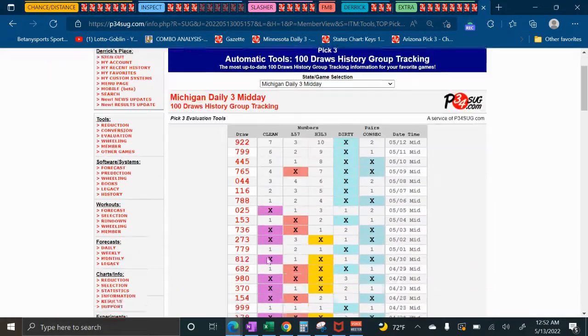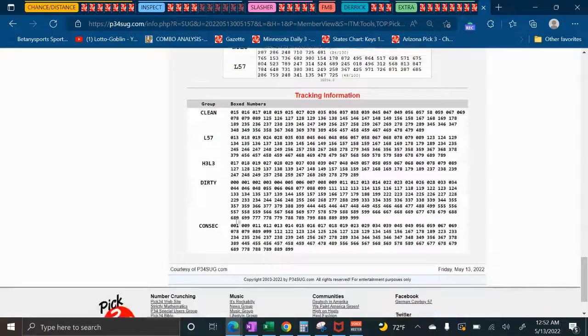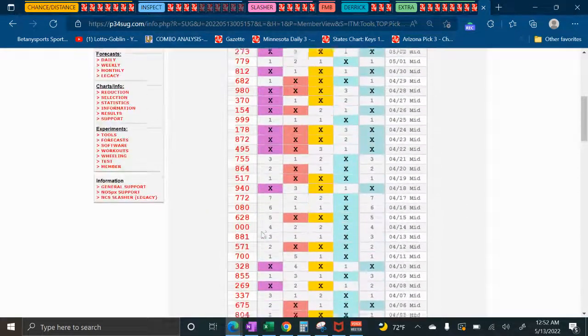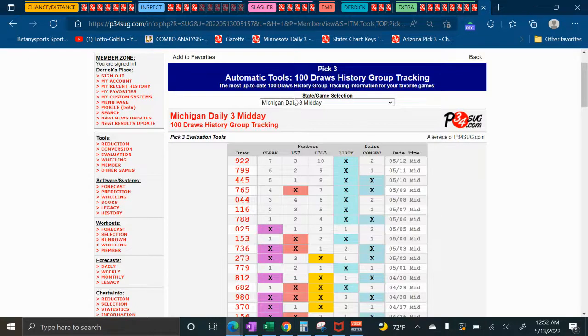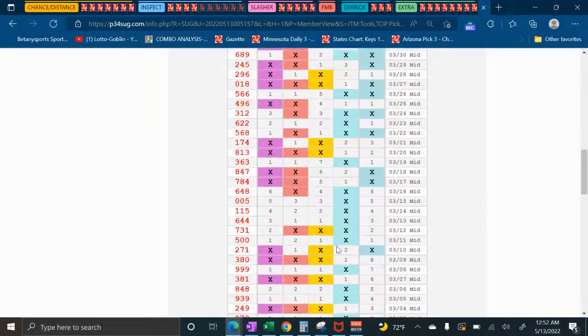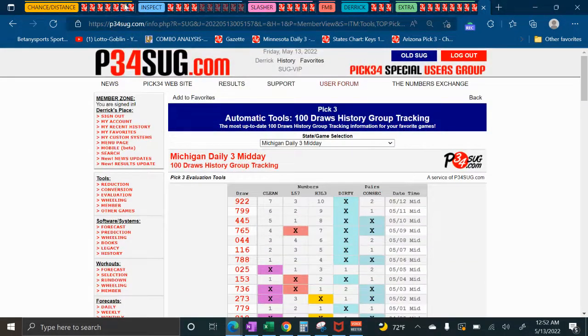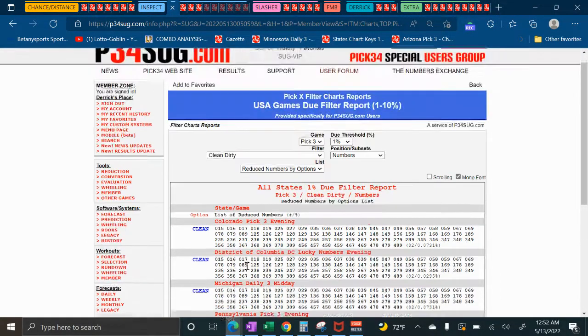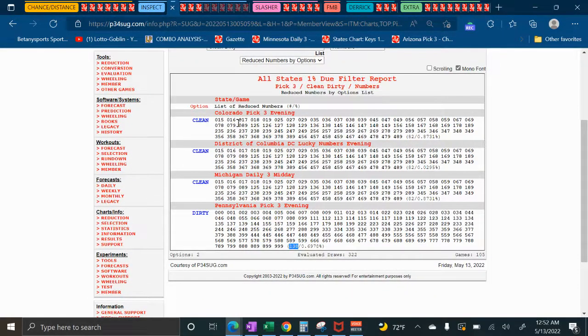So you think it's going to be a clean, and you can just go right down here and copy the clean numbers, and that's your pool, or just play them all, compound the sucker. But like I said, when it's just midday or evening, I'm a little leery of doing that. When it's combined, that's when I'm more interested. But this isn't going to continue. It'll be changing. And whatever other one there was, District of Columbia evening, Pennsylvania evening. But this is where it was. It was combined, and it was